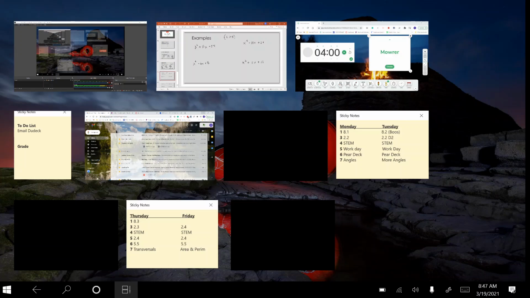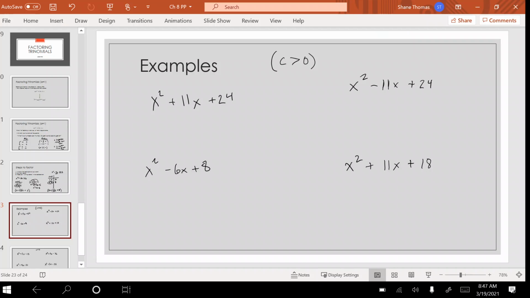I'm going to have x squared plus 11x plus 24. So I have to break down my C term, which is 24. We've got 2 and 12, 1 and 24, 8 and 3, 4 and 6. Add them straight across. Our winner is going to be 8 and 3, which is 11, my B term. It is a plus plus, therefore my answer is a plus plus. That one looks good. So I have x plus 3